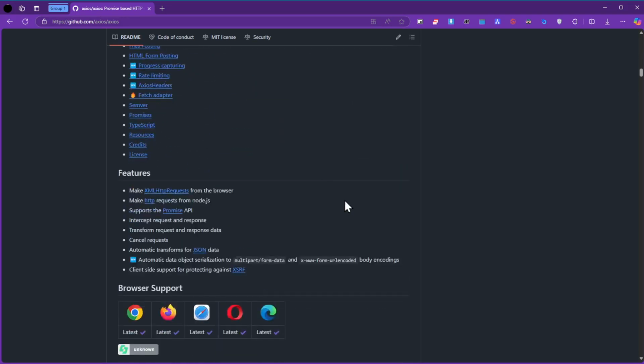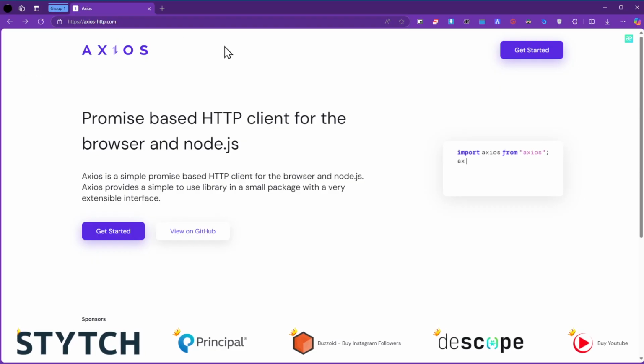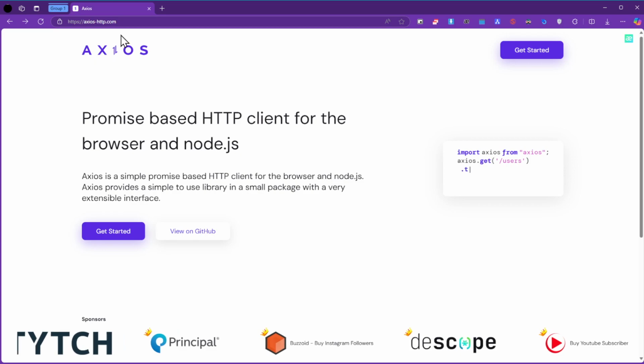So there you have it. I just wanted to present to you Axios, which is kind of a superhero working in the background without us realizing. So definitely check them out at